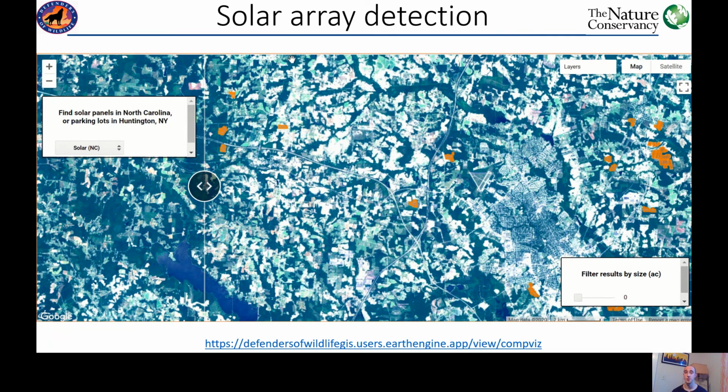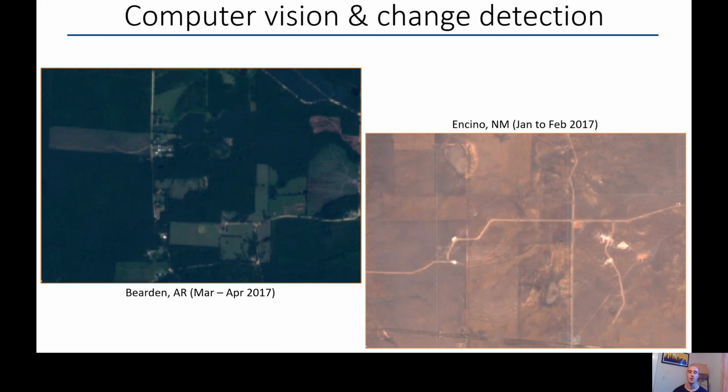So this is really cool and encouraging, and we are interested in continuing to train models like this to find other features on the landscape. We also think, as I mentioned before, that it could represent a substantial improvement to our change detection methods. So we've begun developing computer vision models using a UNet architecture that do just that: identify specifically anthropogenic habitat loss